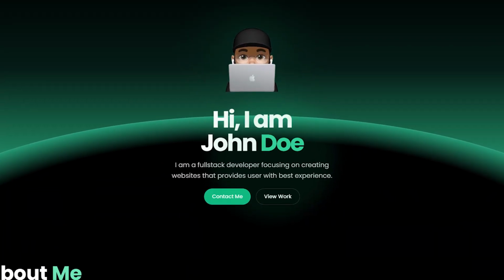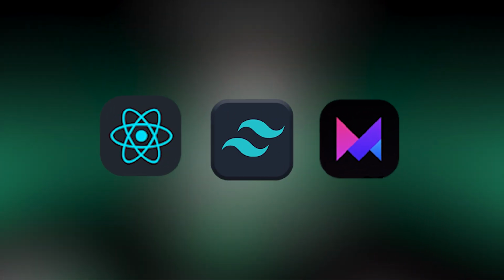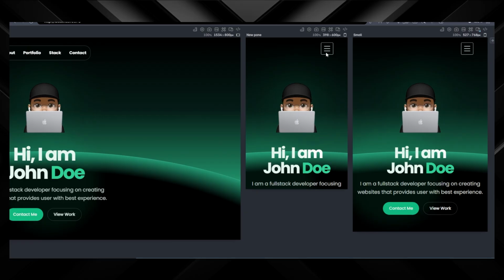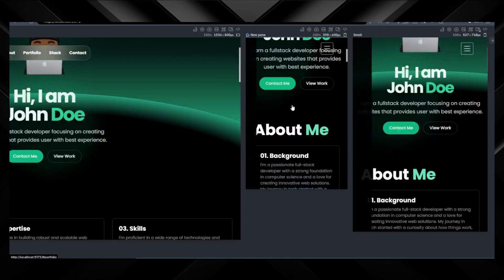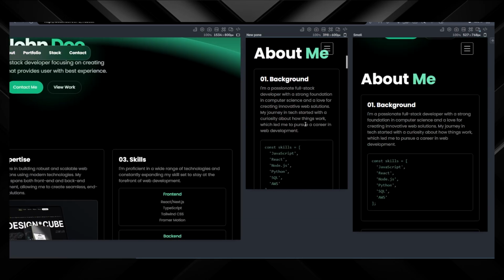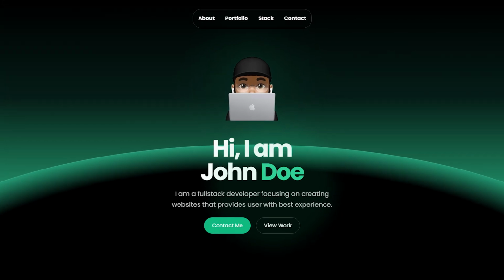In this session, we will build and deploy a portfolio website using React, Tailwind, and Framer Motion. Our website will be responsive, animated, and complete, making it perfect as a portfolio for yourself, a template for your future projects, or simply a great addition to your project collection. Not only will you create a functional website, but you will also have reusable sections that can be implemented